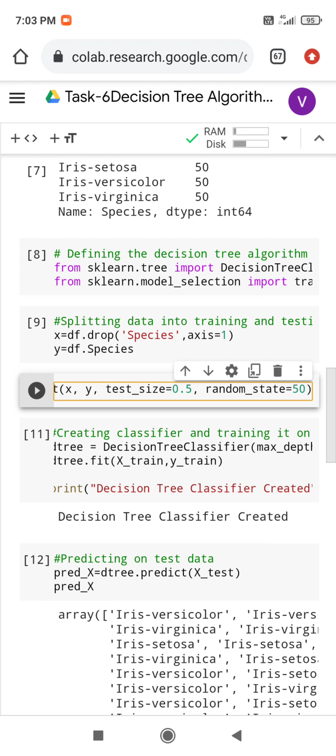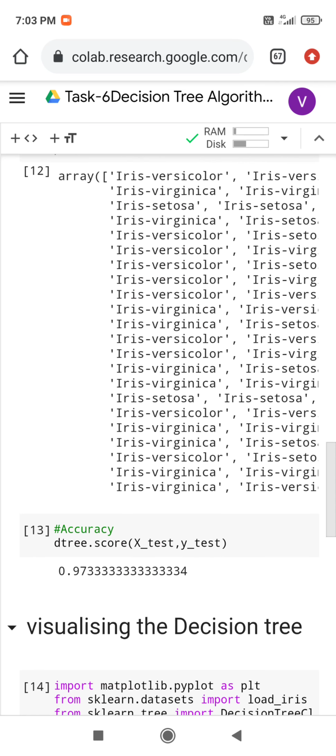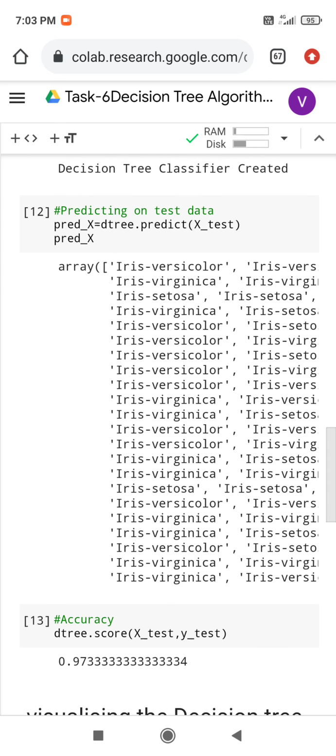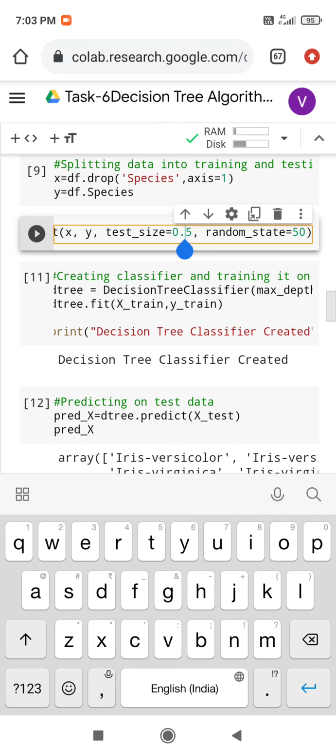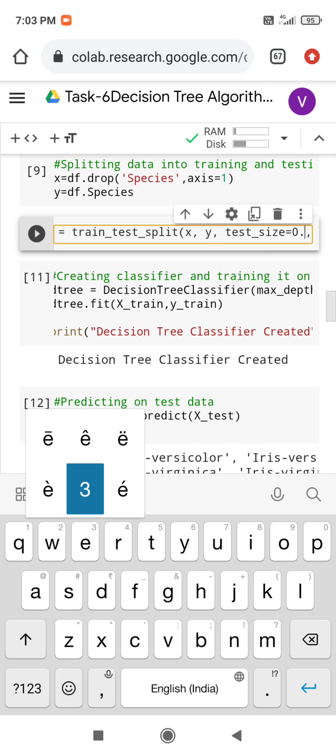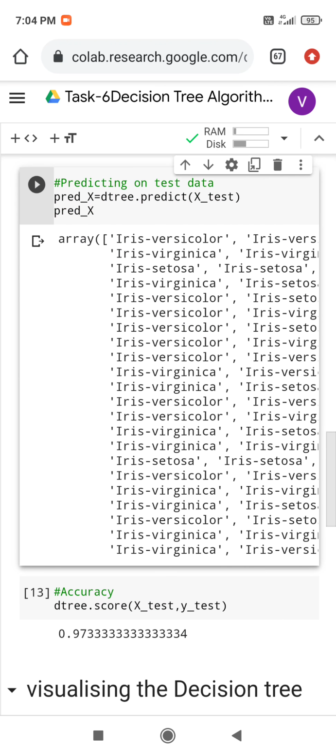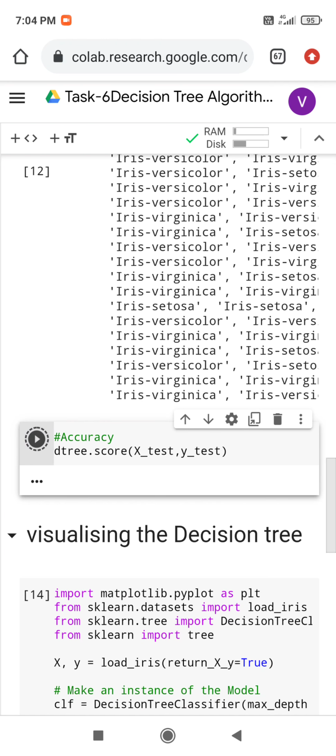Here the test size is 0.5; as we increase the test size we can get the maximum accuracy. I use 0.5, so I get 97.3%. If I use 0.3, I get a minimum accuracy of 95.5%, 95.6%.